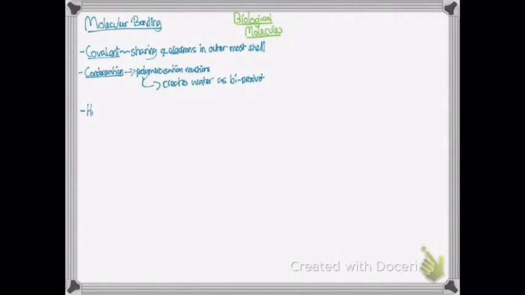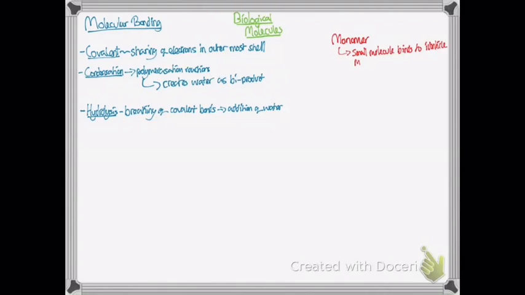One type of covalent bond is a condensation reaction. This is usually for polymerization reactions when you're making long chains of monomers. It creates water as a byproduct. One example could be an ester bond. In fats, a C bonded to two carbons bonded to an oxygen, releasing one molecule of water. That's called an ester bond. And the opposite of a condensation reaction is a hydrolysis reaction, which is the breaking of covalent bonds by addition of